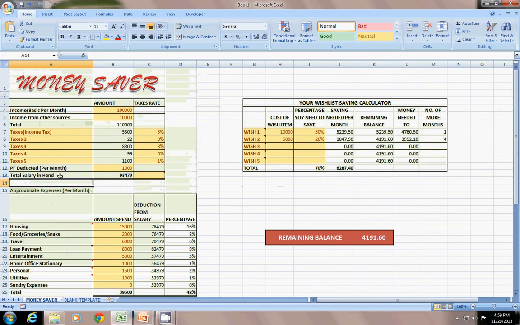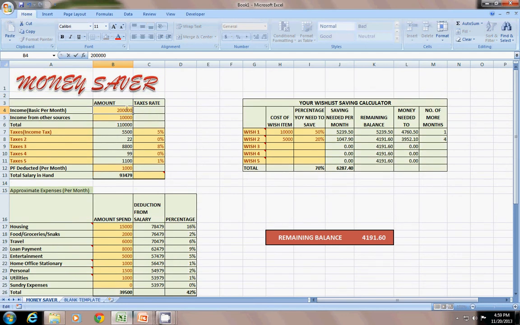Firstly, you have to state your basic income per month. For example, I am writing the basic income per month as 2 lakhs.